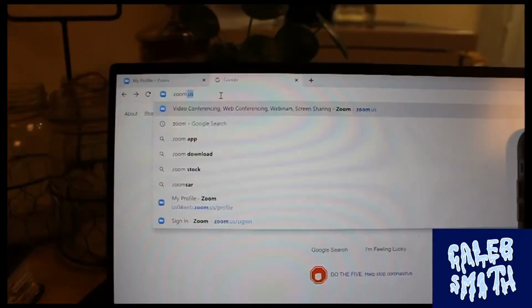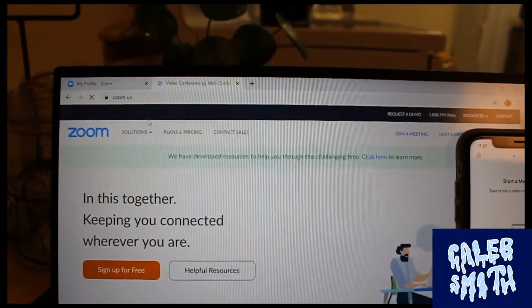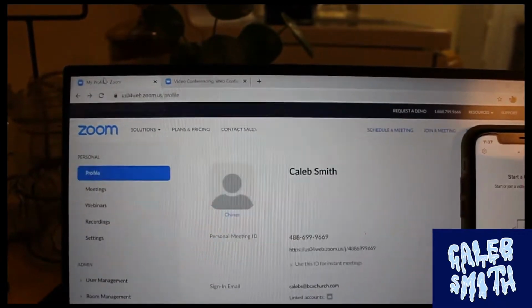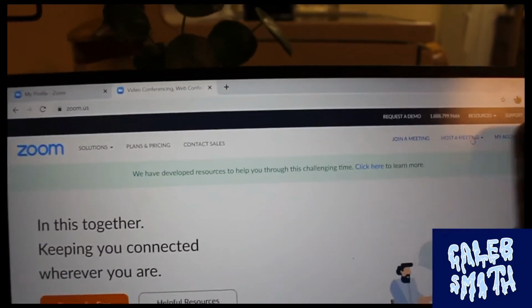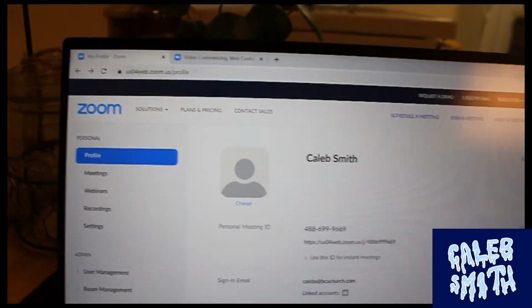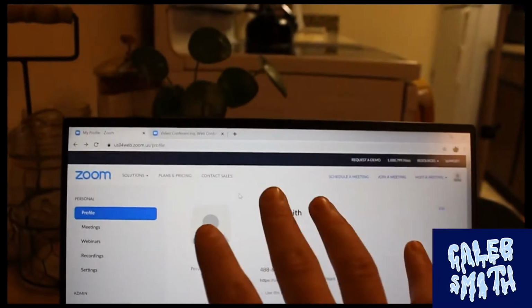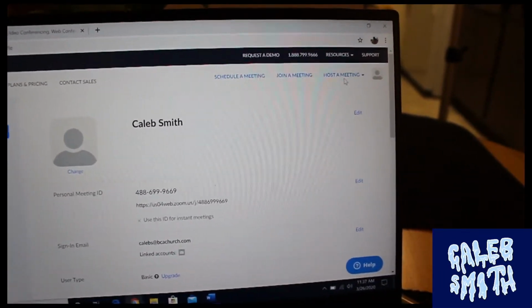So let's look at how we can get onto this Zoom website and get your meetings scheduled and ready to host. Alright, so you're just going to Google Zoom.us, you hit enter on it, and it takes you straight to the website. On this website you're going to create an account, and then I'm just going over to my account right here. Once you're logged in, it's super simple, very easy to find and locate. You then go up and you're going to hit host a meeting.